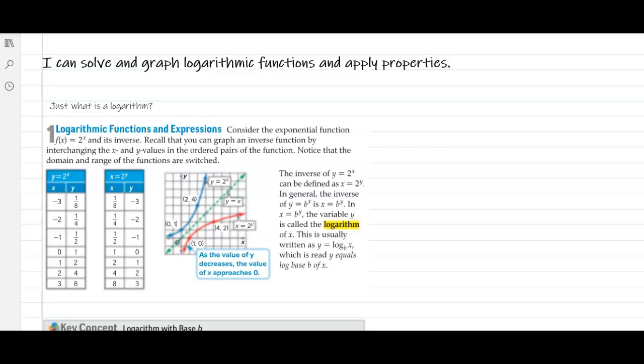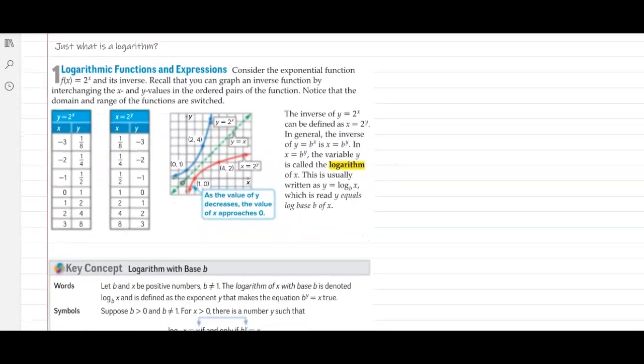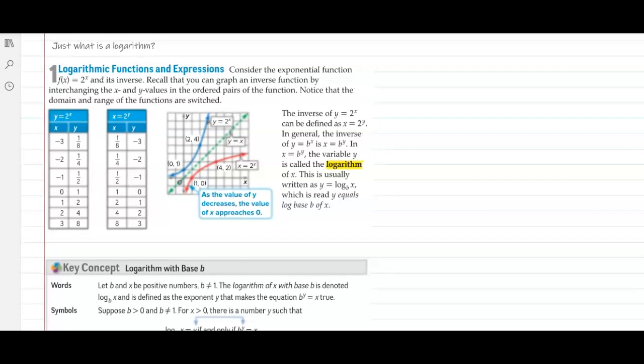Next, we're going to learn how to solve and graph logarithmic functions and apply their properties. But first we need to know just what is a logarithm. What is this thing we call a logarithm? Well, think back, this was probably last year or maybe earlier this year when you learned it, that when you